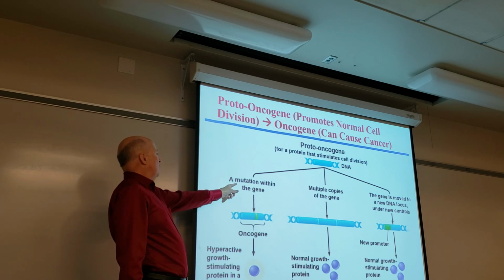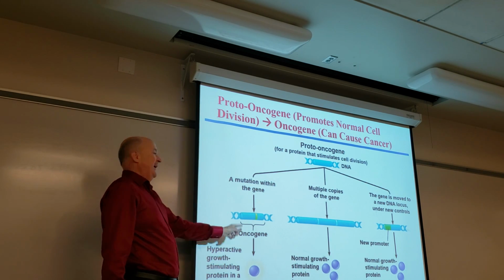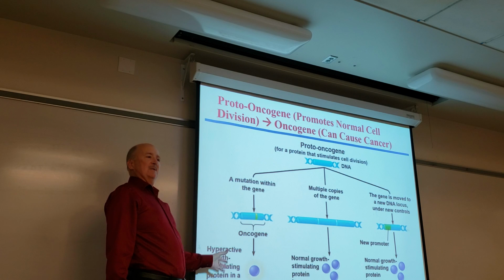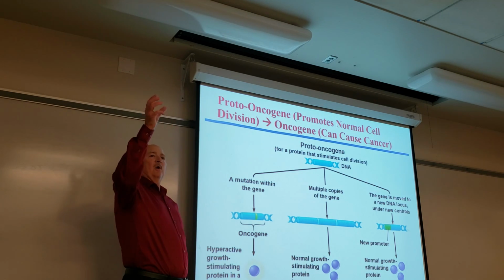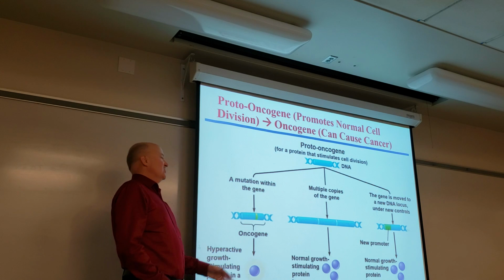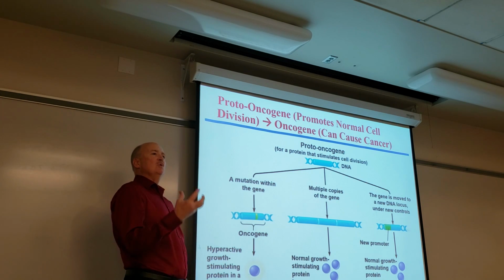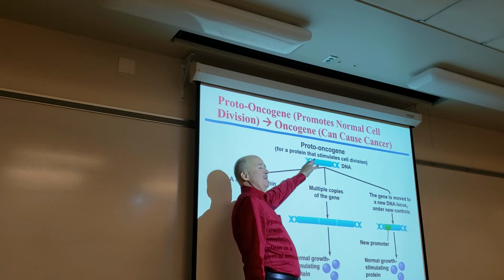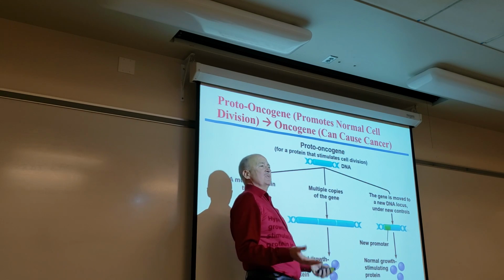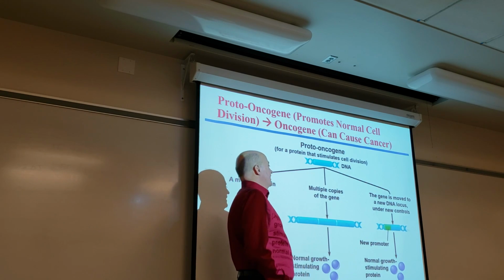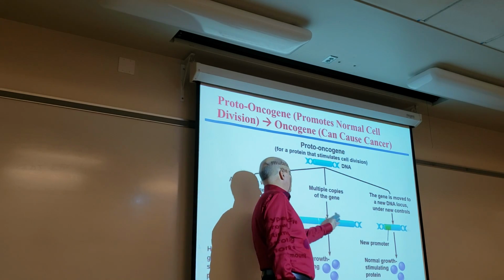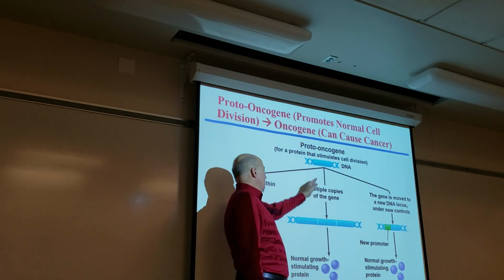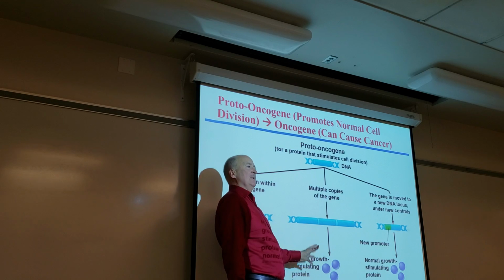You could have a mutation within the proto-oncogene that transforms it into the oncogene, and that creates some sort of hyperactive growth stimulant, some sort of part of the signal transduction pathway that is too active, that's basically causing too much stimulation. Alternatively, the proto-oncogene can get duplicated. During cell division, sometimes genes get copied. You can have a mutation where maybe we produce several copies of that gene, and instead of just producing a small amount of a growth factor, we make a lot of it,